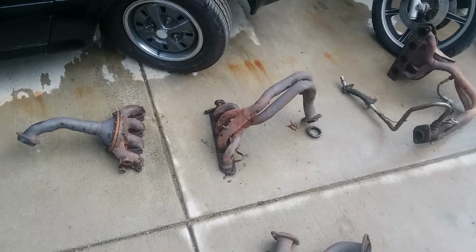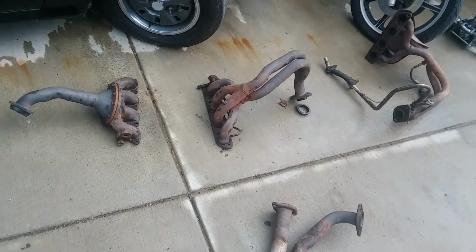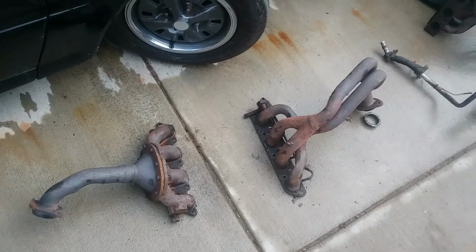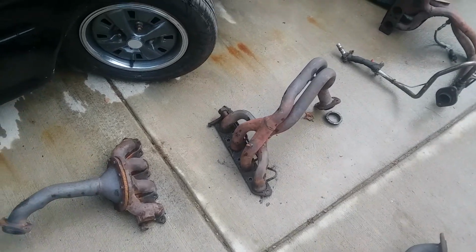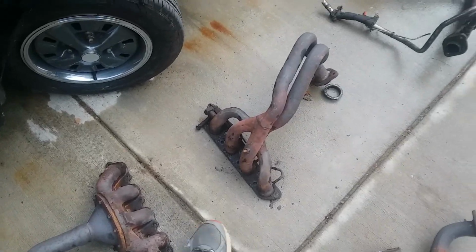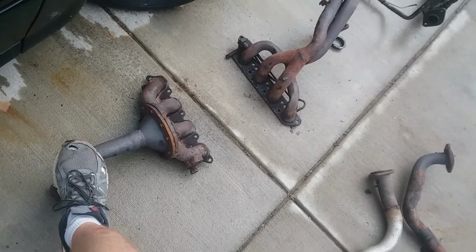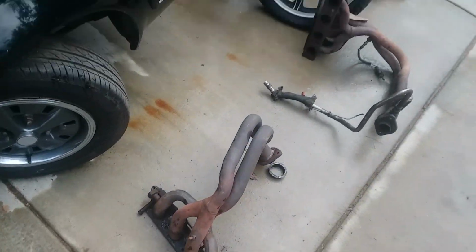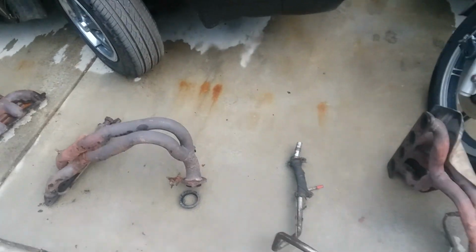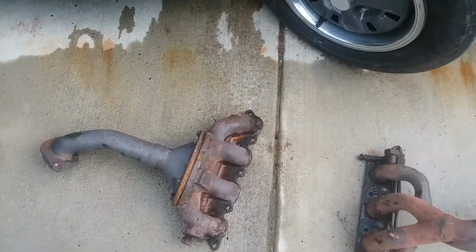If you live in North America and you have an 80s Escort, you have three possible exhaust manifold options, not including turbos. I have one turbo exhaust manifold. I'm going to make my own custom one in the future, but as far as naturally aspirated manifolds go, this is what was offered from the factory. So on the far left is the base model 1.6 manifold,